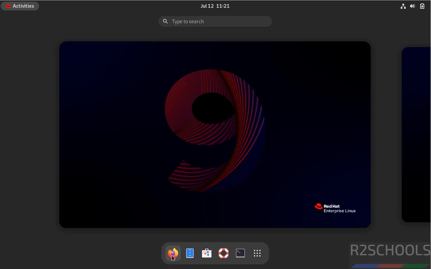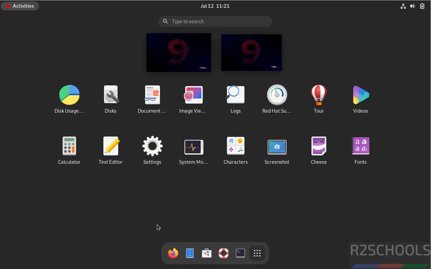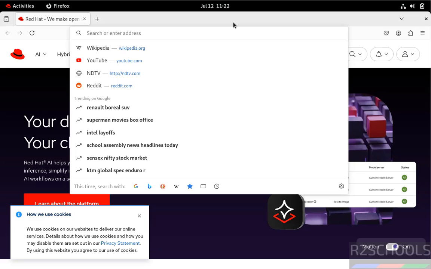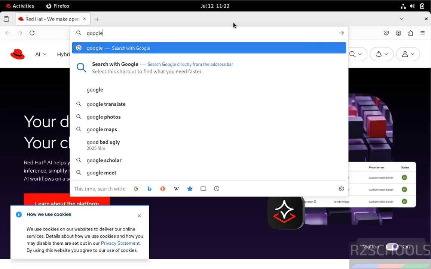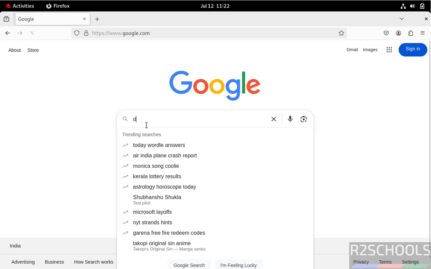Go to activities. See here we have the Firefox. Even if you go to all applications, you don't have any other browser. Only we have the Firefox. Open it. Then go to Google or any search engine and search for download